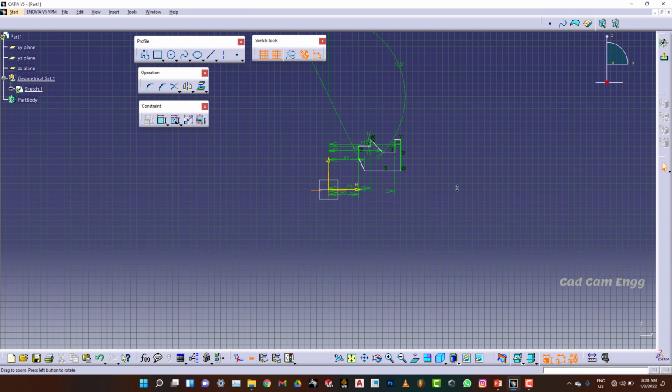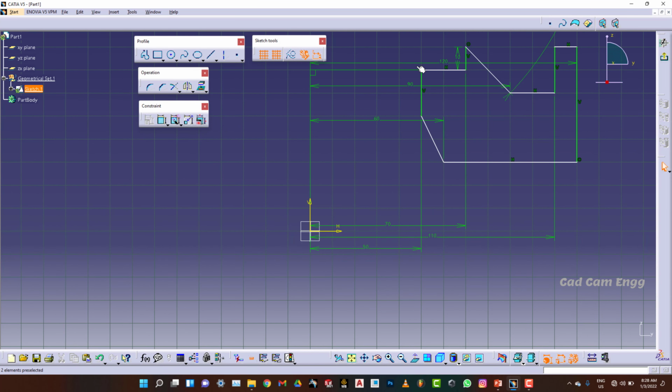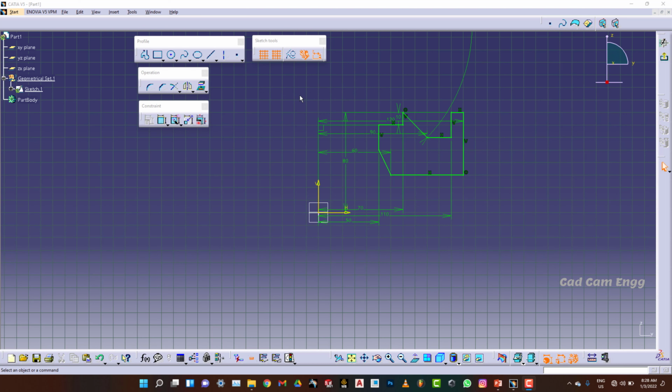Here it is. Okay, from the origin point, what are the lines? Here some of the lines are in white color. So we have to select the white colored lines, and we have to give auto constraint with a reference as an H. Okay, and here stacked view. Okay, here my complete drawing is constrained. Fully constrained drawing. This is the one method called auto constraint. This is the location of the auto constraint tool.